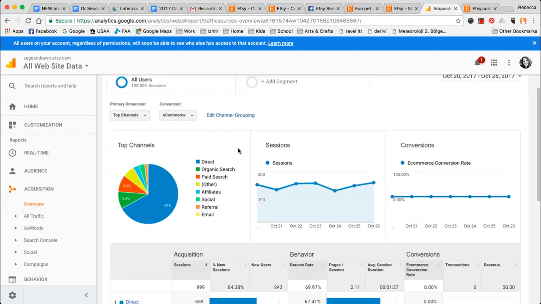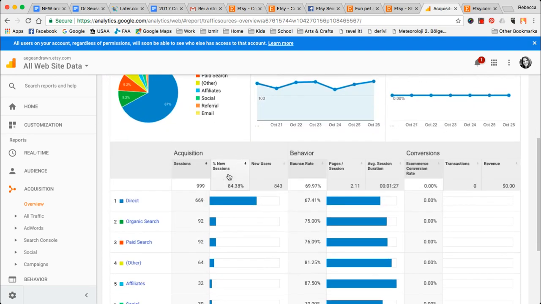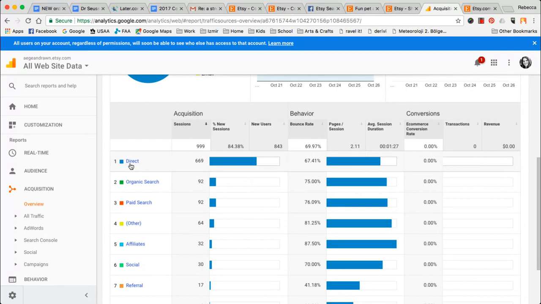This is more about the source of the traffic in your shop. You're going to see some information here that might be a little bit confusing, like what's paid search. Well, Etsy runs ads for us. So even though you might not realize it, they might be running a Google Shopping ad for you or something like that. That's what this kind of stuff is. So you're going to see some information in here that might not make 100% sense, but you can drill down into any of this as well and see if you can get more detailed information about your traffic,